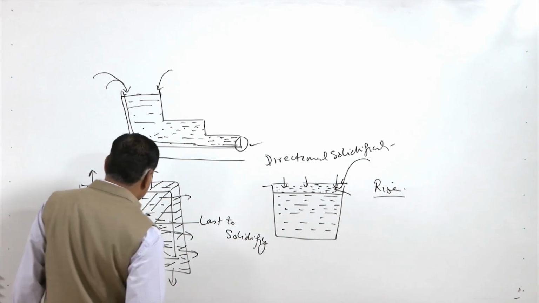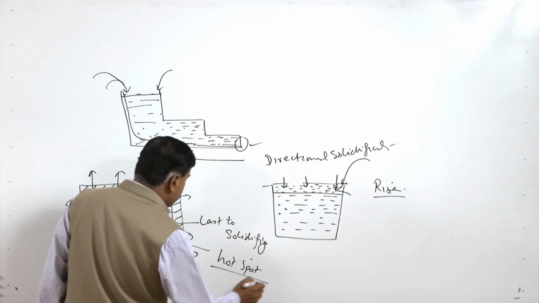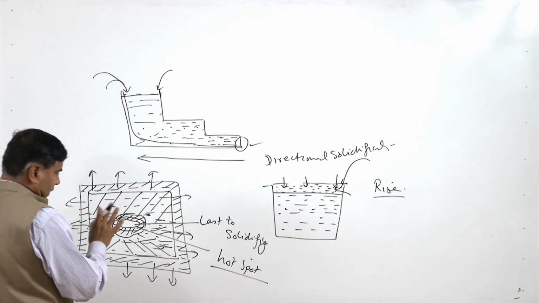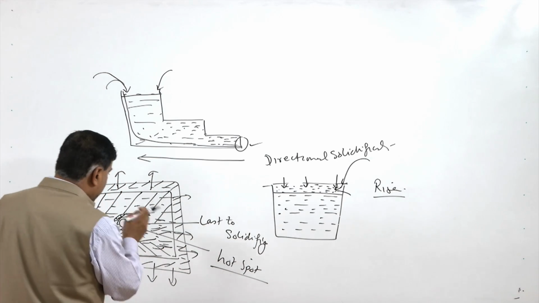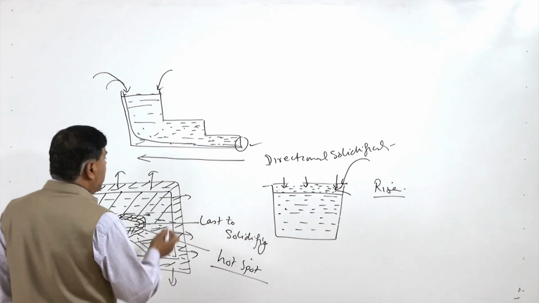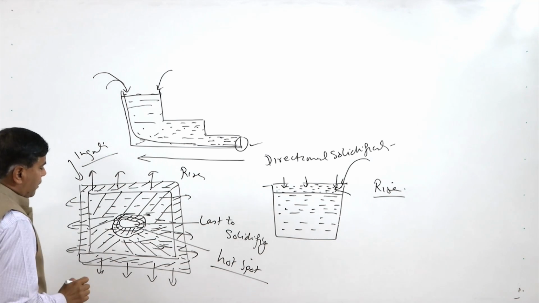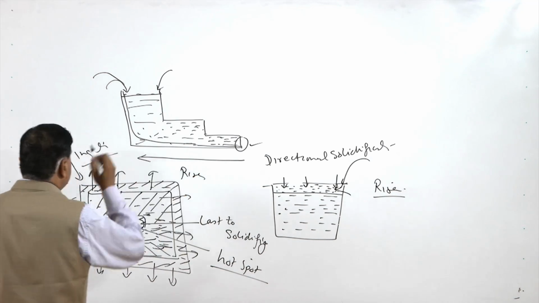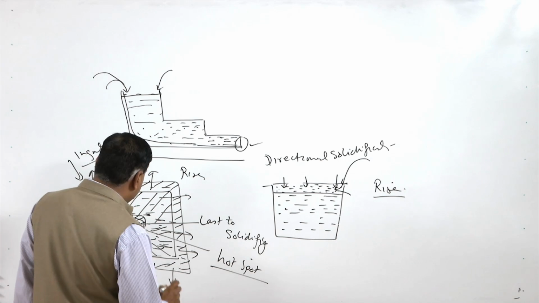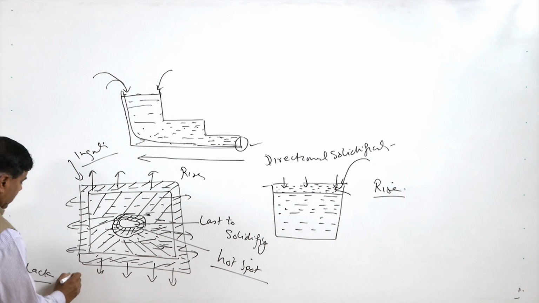So, this is also the region you can say the hot spot region, which will be solidifying at the end. In this case, the liquid metal solidifying at the end is in the inside, so molten metal cannot be fed from the outside, either from the riser or from the ingates. So, this kind of cavity cannot be corrected by feeding the molten metal from either the ingates or the riser. This is the issue due to the lack of directional